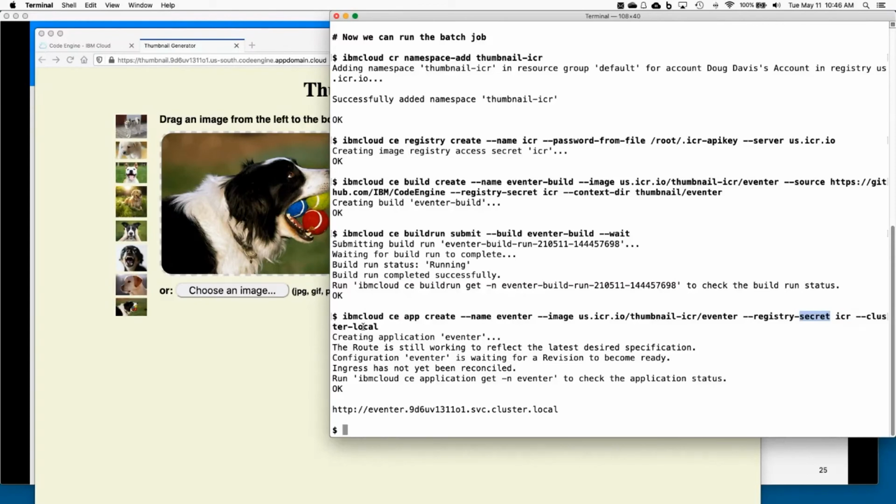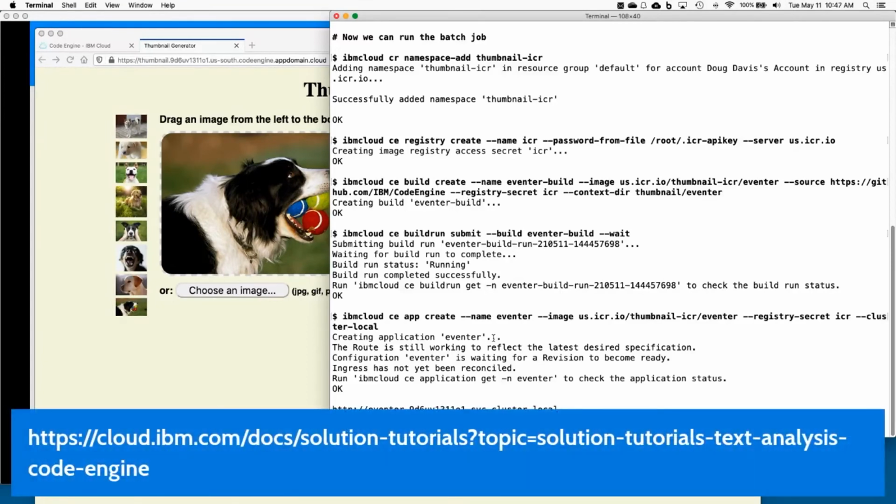But there's one extra little thing here. Notice this --cluster-local at the end, okay? What that's telling Code Engine to do is to, sure, deploy the application, but don't give it an external endpoint. This is a back-end service. We do not want it available on the internet so that any random Joe can hit it, right? We don't want people trying to tell our event processing logic to kick off just willy-nilly. We only want the eventer to get events from things inside of the cluster, in particular,